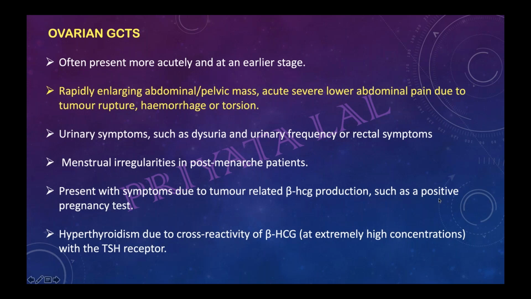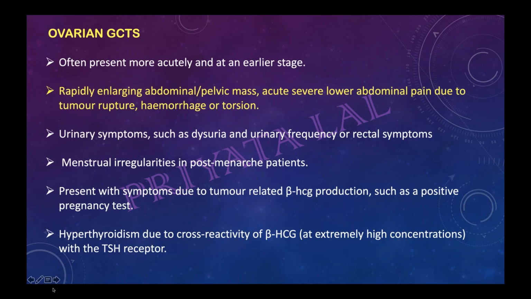Sometimes the patient will come to you with hyperthyroidism symptoms, because of excessive beta hCG, and we already know that it cross reacts with the TSH receptor. So a question may come from this part also, that a patient is coming with hyperthyroidism, and they will give you some mass, then the answer will be GCT, that is an ovarian GCT. So the take home learning point: it presents at an earlier stage, with a more acute presentation,